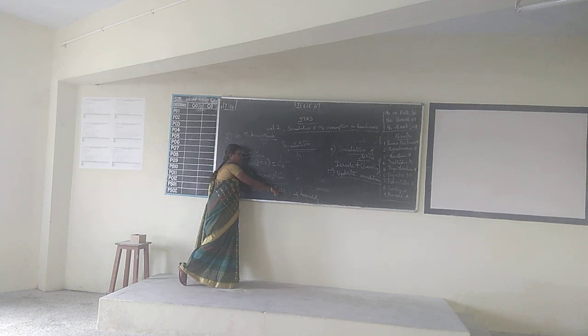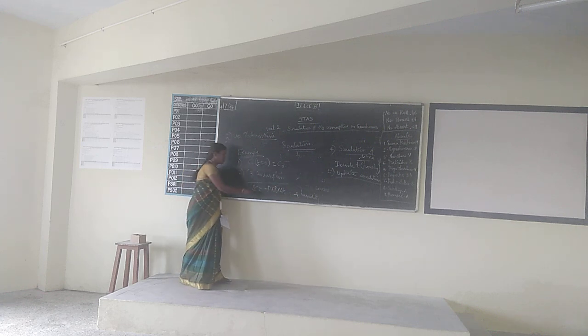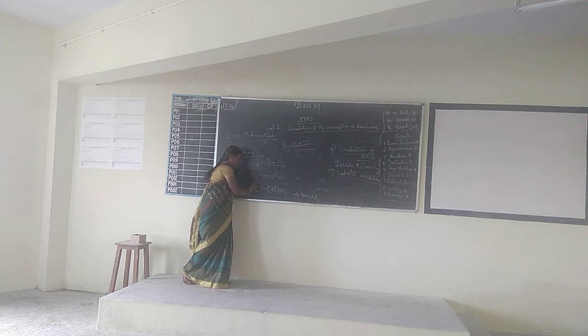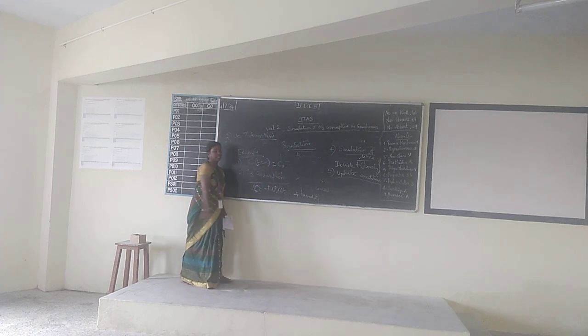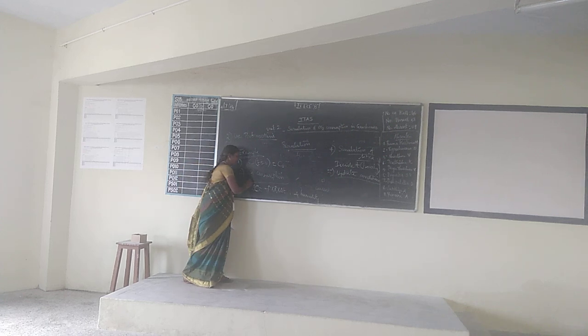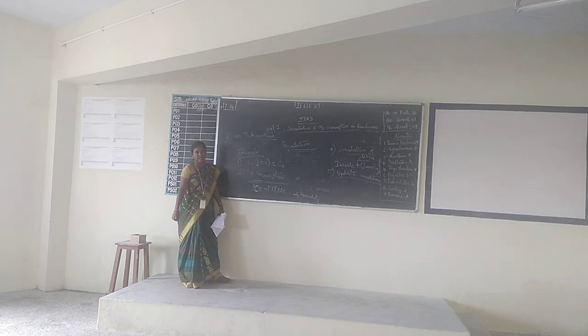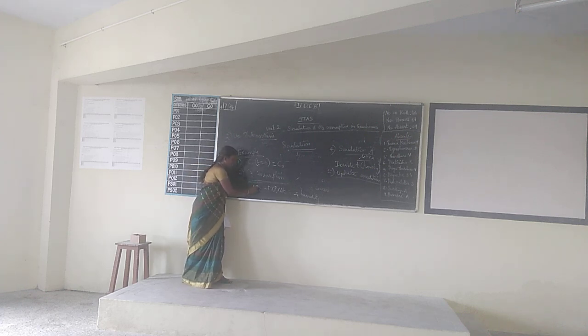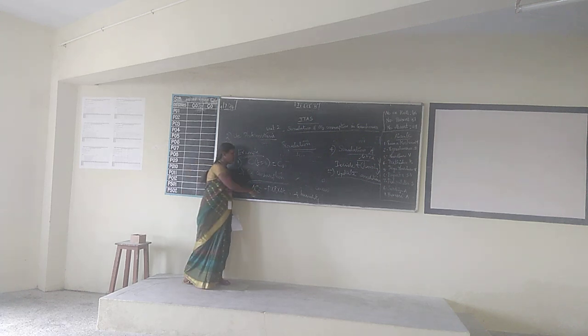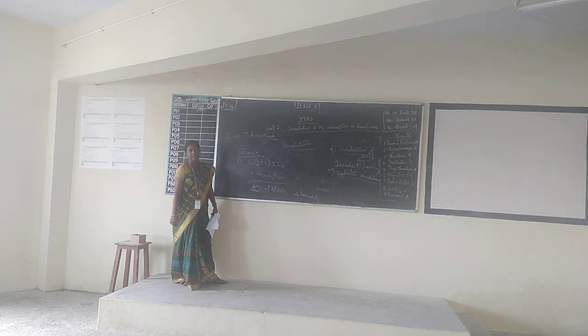Minus P into R into del P. Yes, CO2 consumption: how much extra CO2 are we going to add? C0 is nothing but the initial stage. After analyzing the initial stage of CO2, we are going to add extra CO2 supply. For that extra CO2 supply we use del C, which is equal to minus C into R into del P. Here P represents the number of plants we are going to build in a greenhouse.